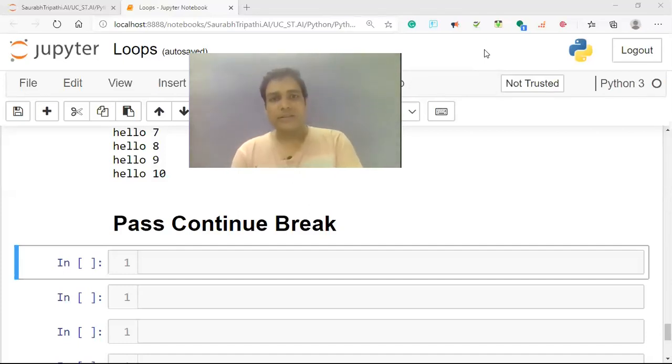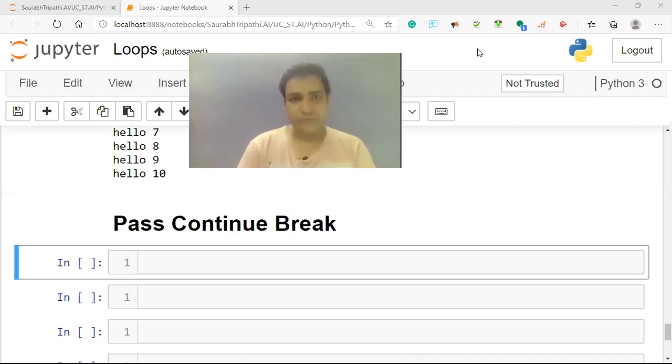So what we need to understand here is that pass basically keeps the loop running without giving any error because we don't have any body there. Continue basically keeps the loop running, but from the point where the continue has executed, it will send the cursor back to the while condition. Again continue will execute, again it will set the cursor back to the condition, and it keeps running from that point onwards. And break basically breaks the code. It simply stops the code the moment it is executed. Okay. So let us start with the execution.